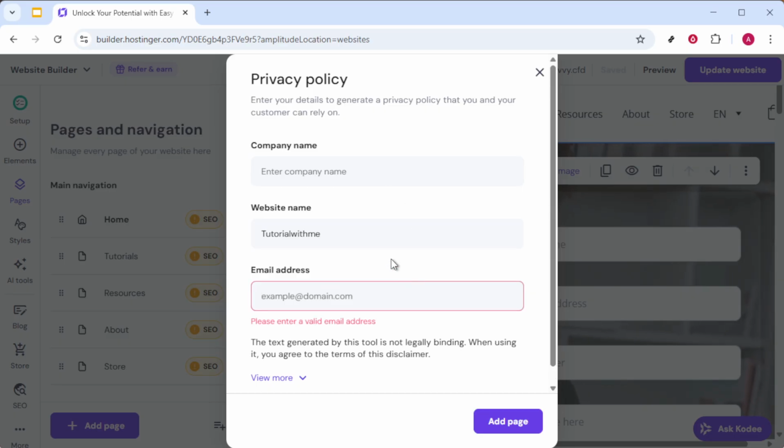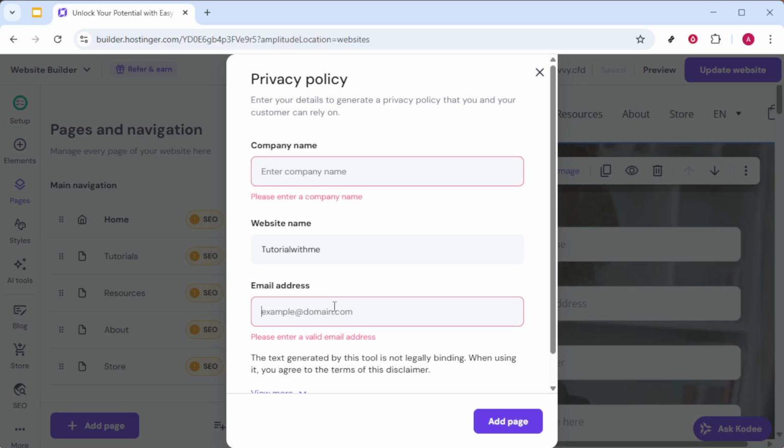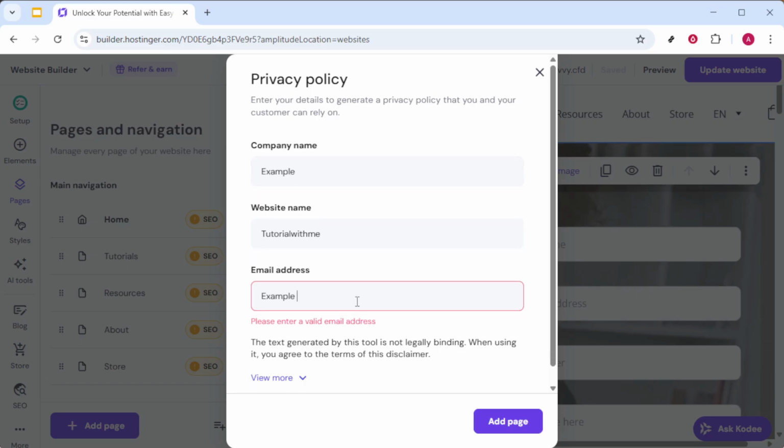Upon clicking, you'll often be prompted to fill in certain details. This might include your business name, contact information, and any specific privacy practices you might have. Take the time to complete these details accurately. Getting these right is crucial to ensure your visitors have all the information they need about how their data is